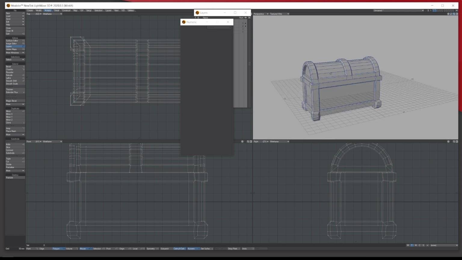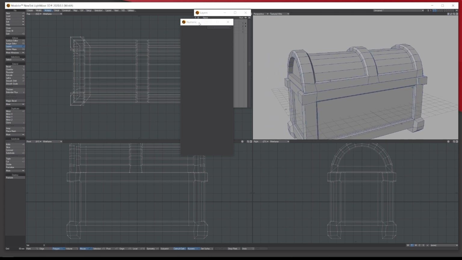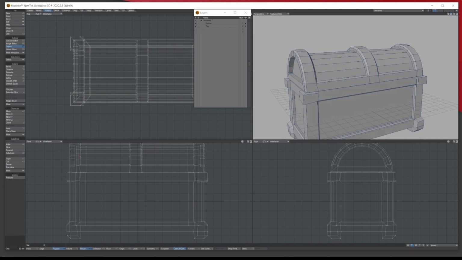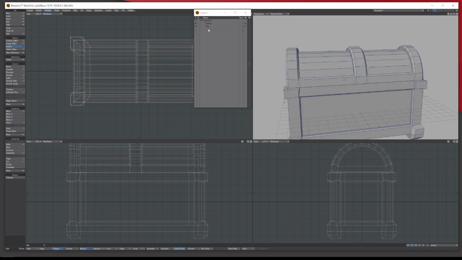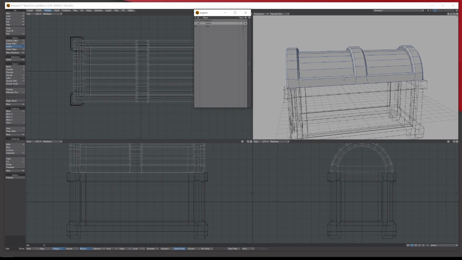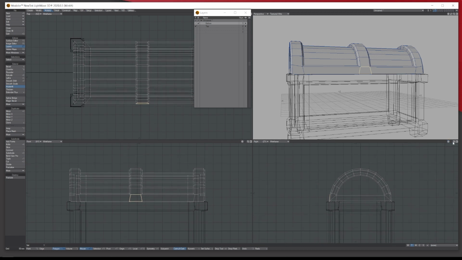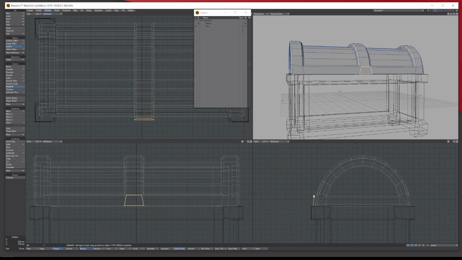So next bit is let's finish off by just doing. So obviously one part of the top's got to be the front, so it doesn't really matter. They're both the same symmetrically. So let's say we'll put the bottom in the background. Let's say this. So what I'm going to do is I'm going to select this poly. I'm going to use the multi-shift, and I'm going to bring it out like so.